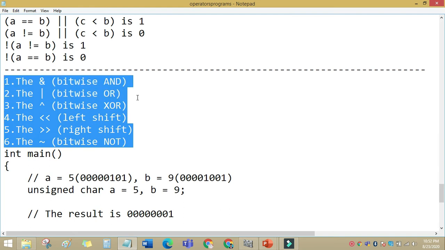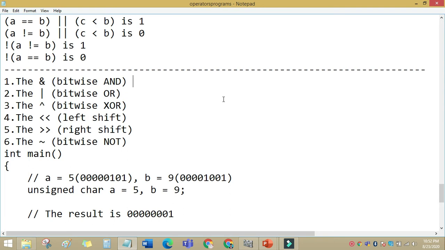For example, if I use the value int a equal to 5 with a bitwise operator, the binary value of 5 is 0101.